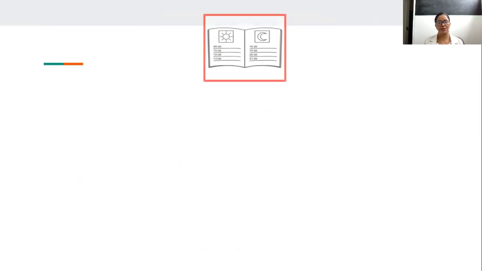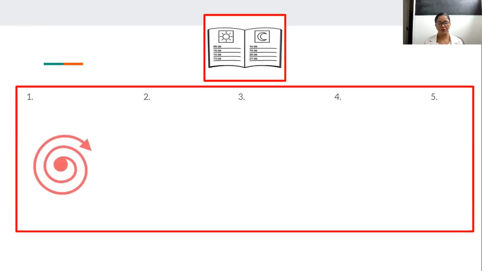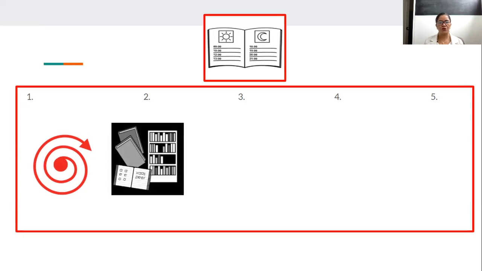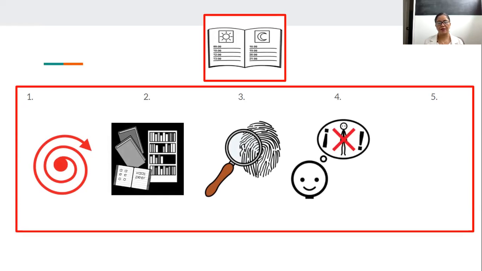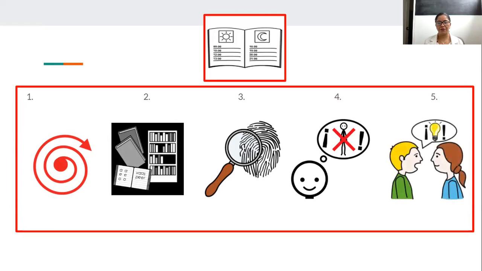So as I said, this is the agenda for today. So first, I'm going to give you a description of the background in which this pedagogical experience and research study has been carried out. Then I'm going to describe some theoretical concepts with you. Afterwards, I'm going to describe the study. And after that, I'm going to talk about some preliminary findings I have had so far, and finally, the conclusions.